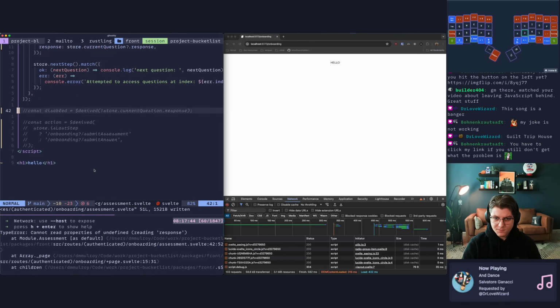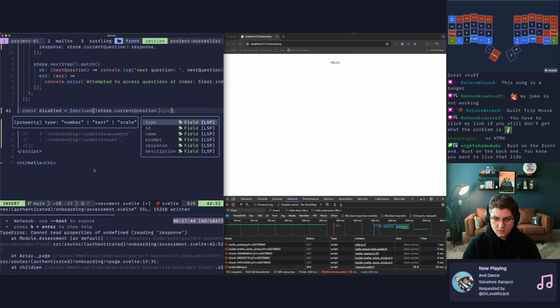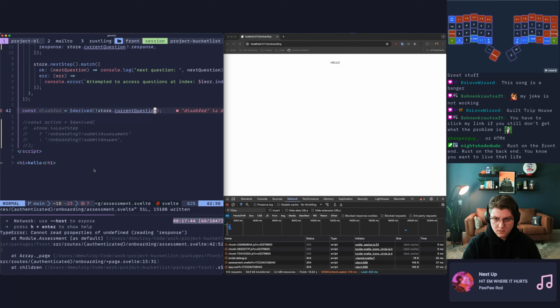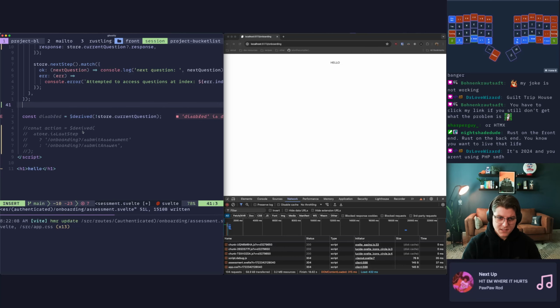Okay, so one of these things broke the reactivity. It's this thing right here. This isn't actually the structure of this. This should be... I want to get rid of this. So this derive thing, I want to inspect this.